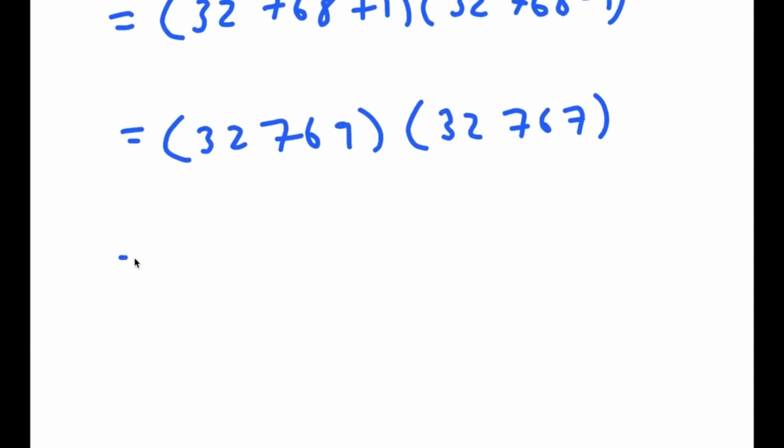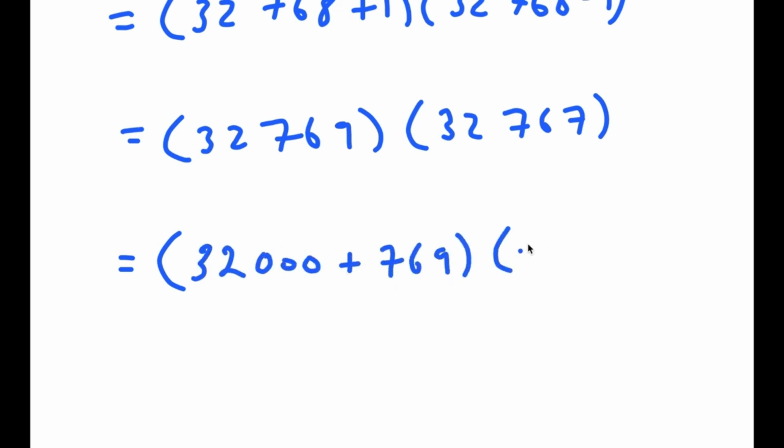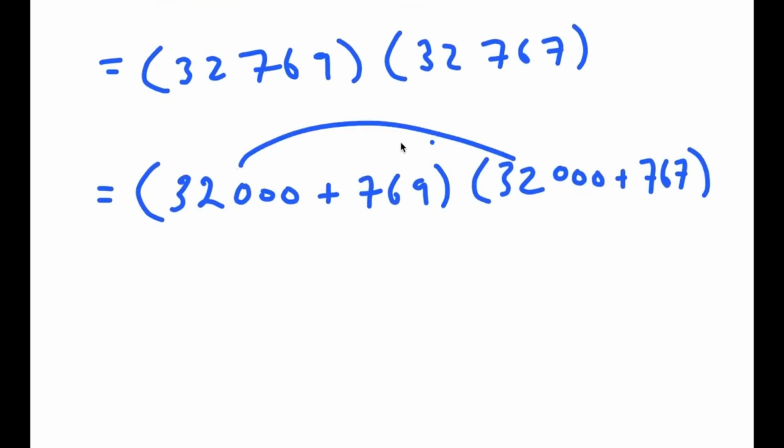Now, a simple way to solve this, instead of having to actually multiply them the regular way, is to write this as 32,000 plus 769 times 32,000 plus 767. Now I'm going to distribute. So I get 32,000